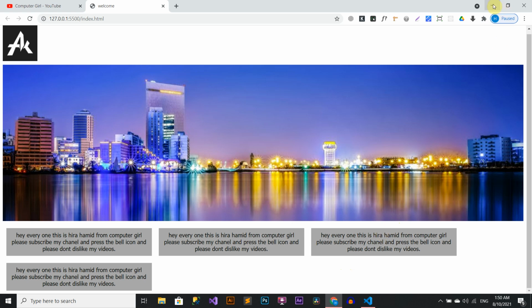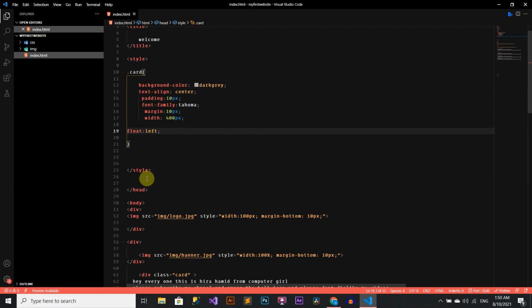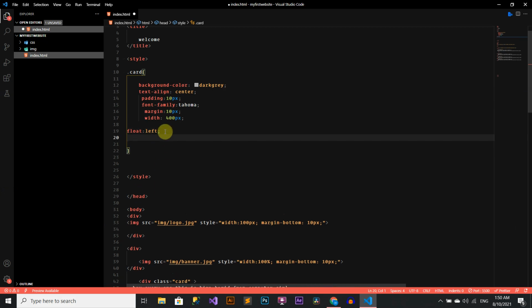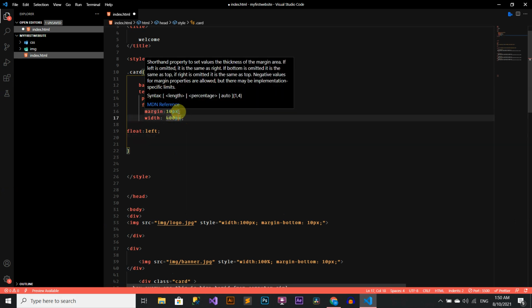Now if we want to show all the cards on one line with equal space, we will make it into percentage. I will make margin 1.2 percentage and card width 21%.